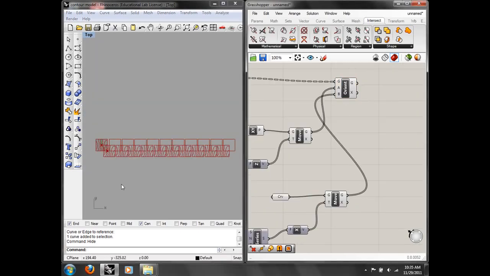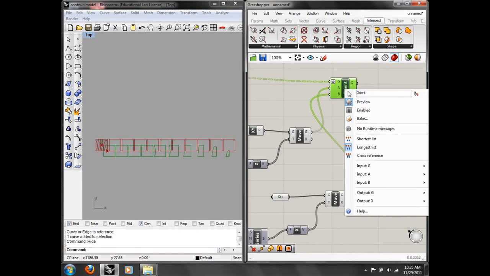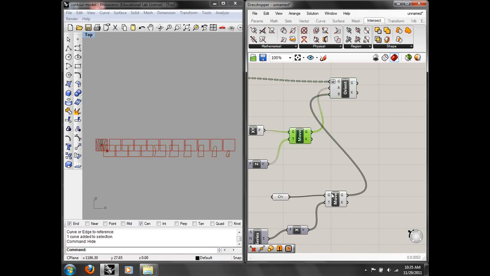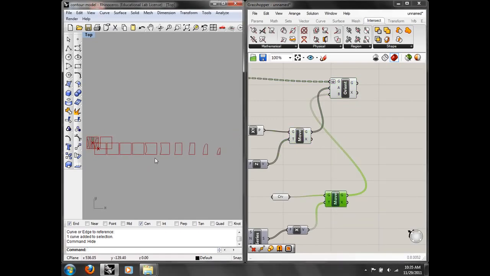Not going to work here. Okay. Let's see here. Yeah. Okay, this is not perfect, but you get the idea across. So what this does is essentially, I've used that to distribute